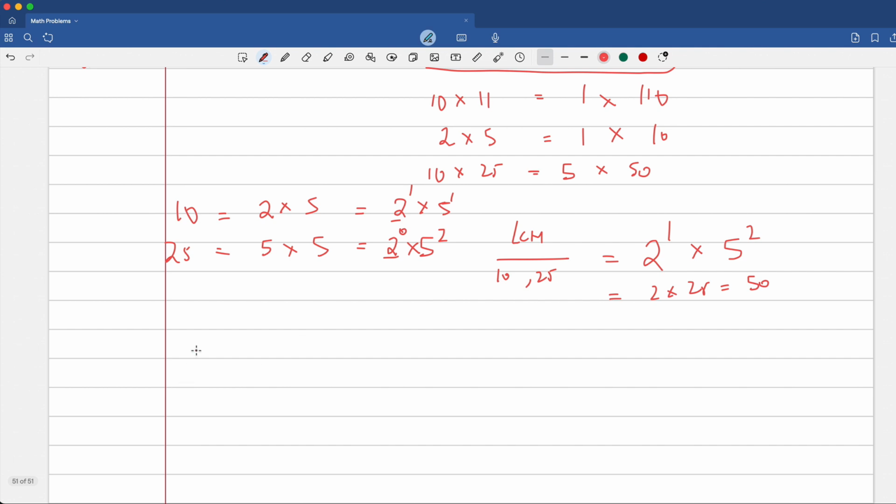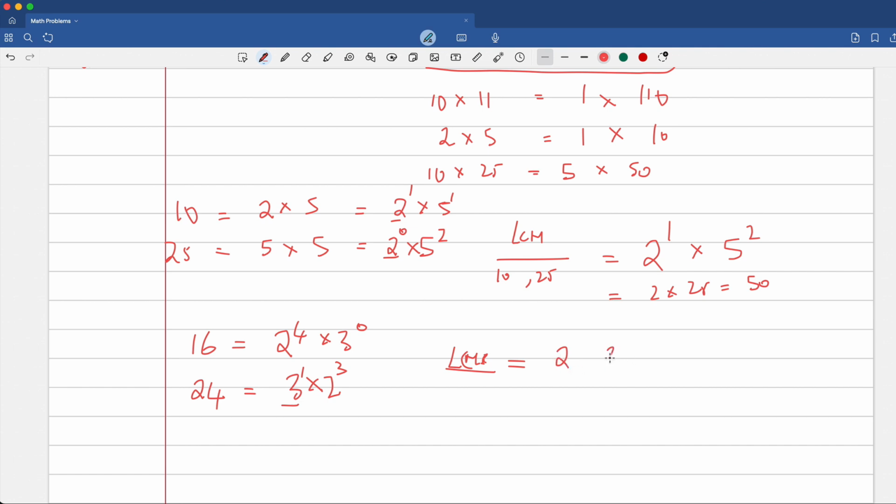Okay, so let's take another example. Let's take 16 and 24. Okay, 16 and 24. So 16, as you can imagine, is 2 to the power 4, and 24 is 3 into 2 to the power 3. 3 power 1, in other words. So since there is no 3 in 16, you can fill this up as 3 power 0. So you know for a fact that the LCM of these two numbers is going to have